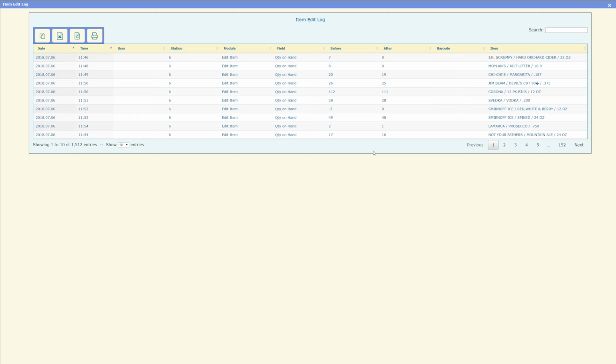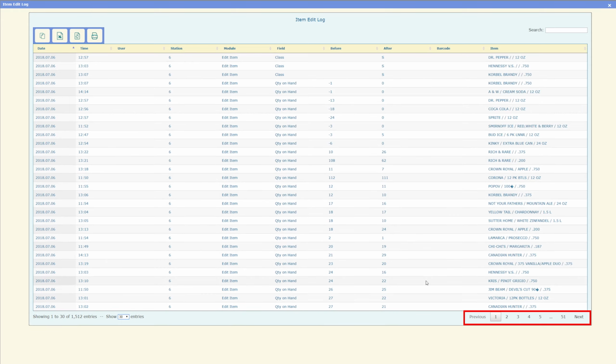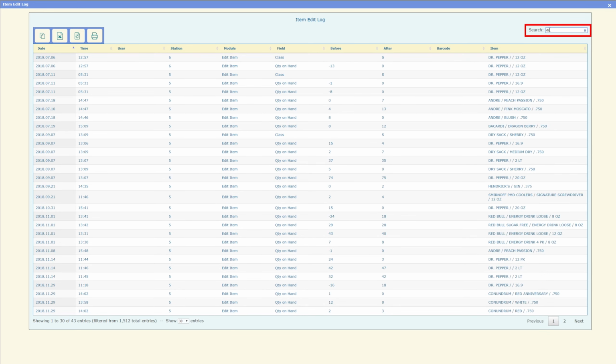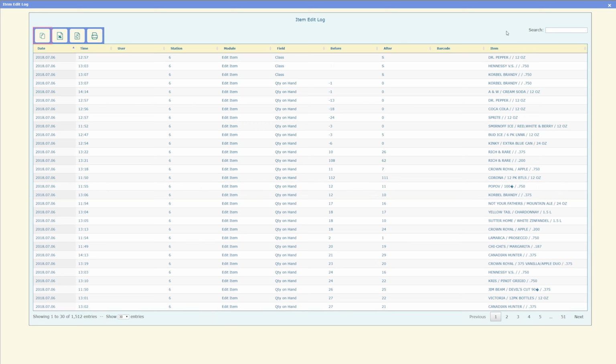Change the sort order of the columns with these arrows here. Show more entries per page with this box. Navigate pages with these buttons, and narrow results with the search function. We can copy the table to the clipboard, export the report to an Excel file, a PDF, or send it